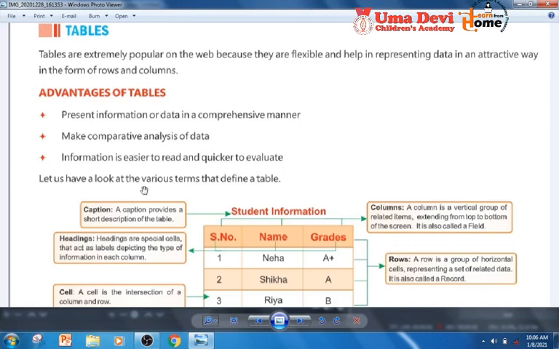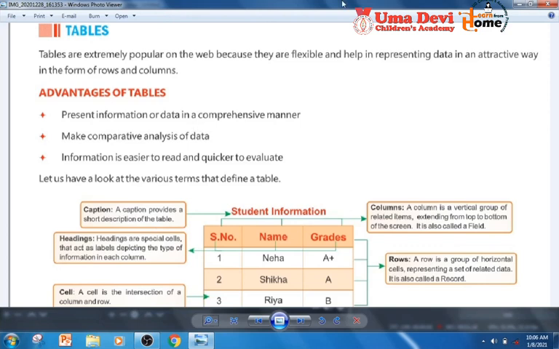Let us have a look at the various terms that define a table. Look at here, it is a table. So first one is caption. This is the caption, student information. A caption provides a short description of the table.